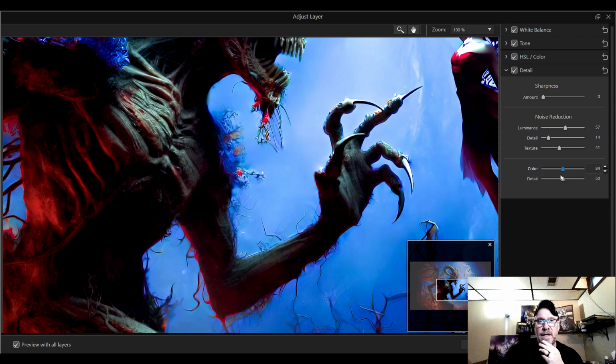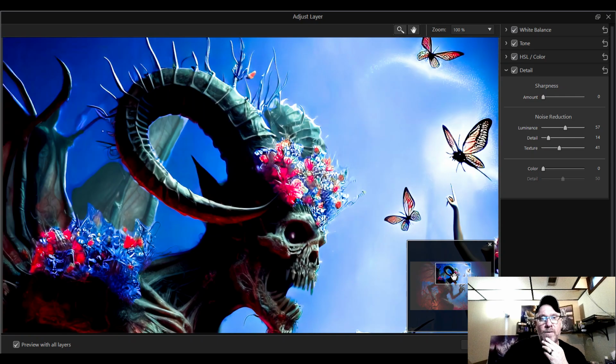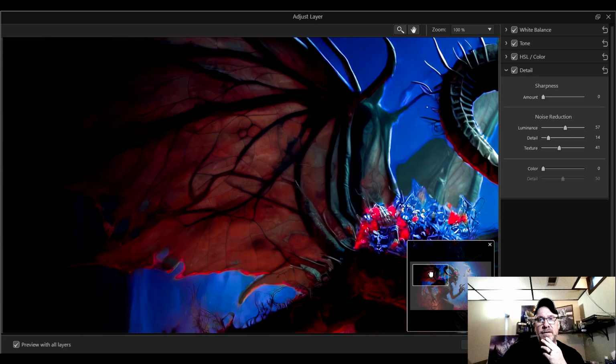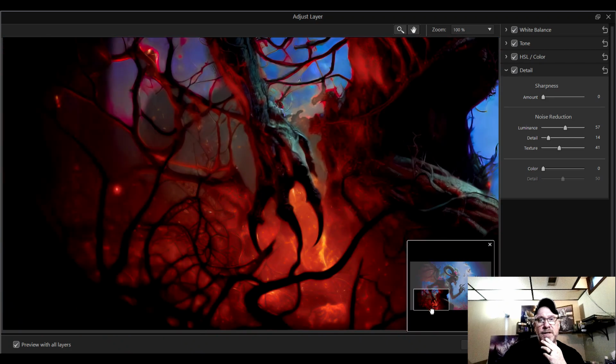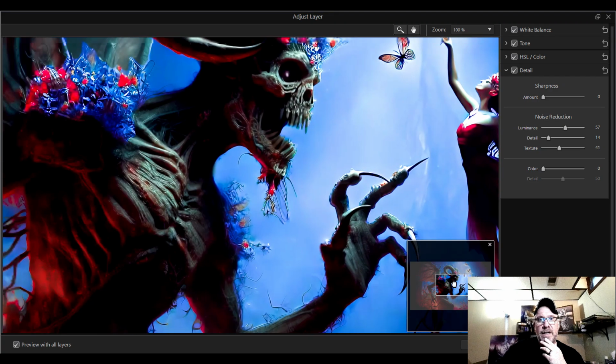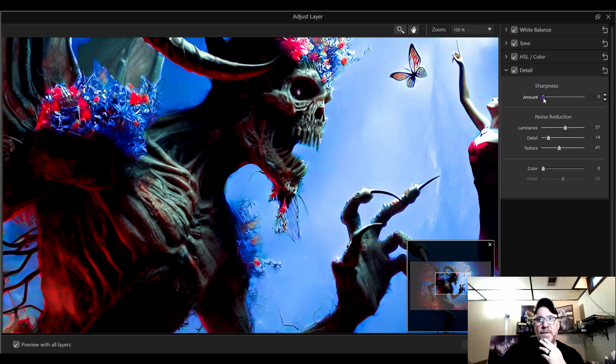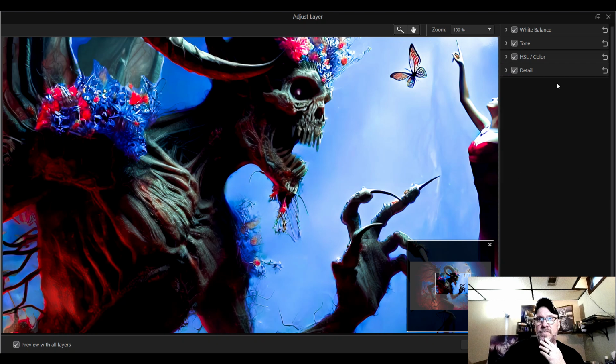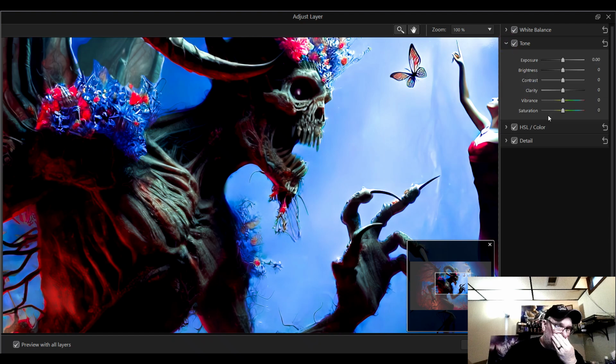Do we get anything out of color? Absolutely nothing on the color, so we'll leave that alone. I want to check his horns. Now remember, the flowers are in her layer. Check the wings, check down here in the sticks. So I don't think we want to use sharpness. I think he's just going to get stringy. So we'll leave sharpness alone, close that up. We're done with that. We'll go up to tone